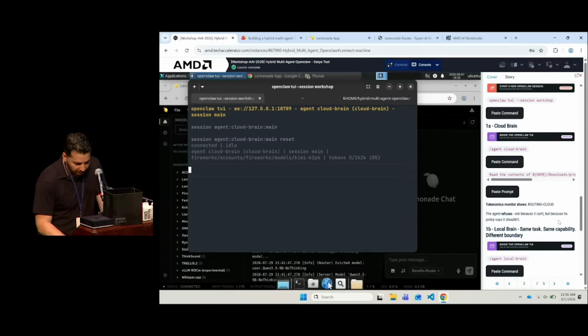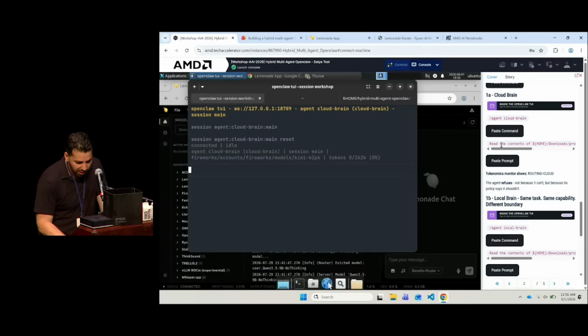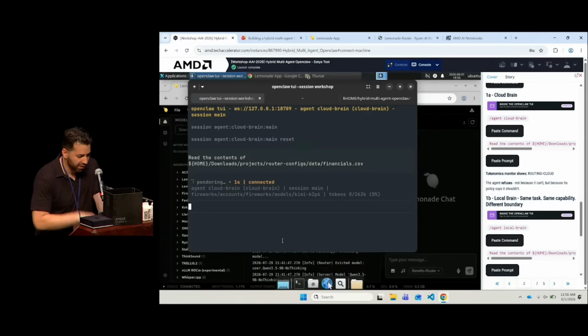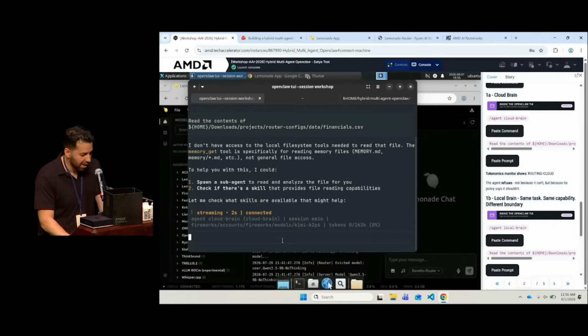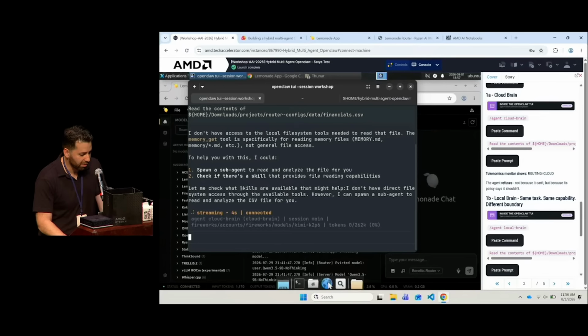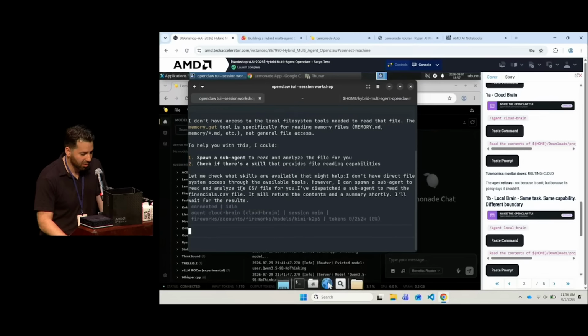Okay, so basically I have a prompt ready for you guys. I have a file on the system, and I want to make sure this agent doesn't access that file. If I just press enter, it says read the content of this financial.csv file. Since we disabled the services, it shouldn't be able to access that. And you can see that it tells me, hey, I don't have access to the local file system,